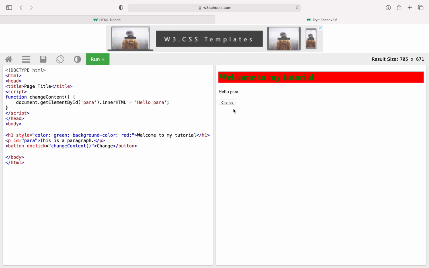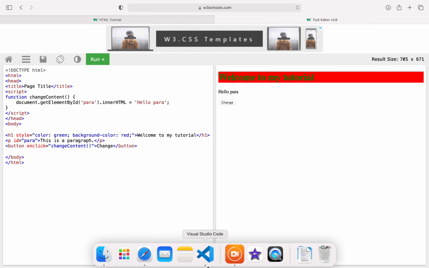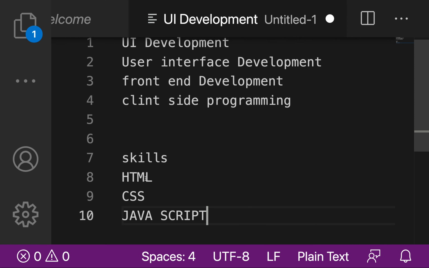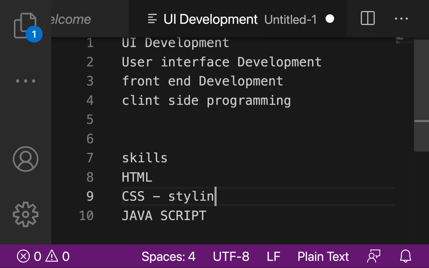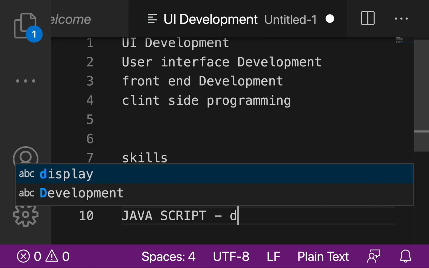So these are the three different essential things we need to learn for UI development. HTML is useful for displaying content. CSS is useful for the styling purpose. JavaScript is useful for dynamic changes.